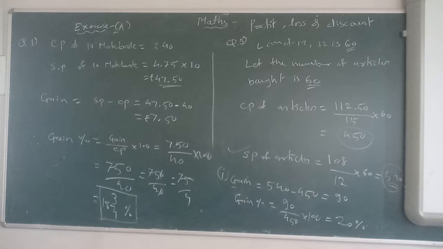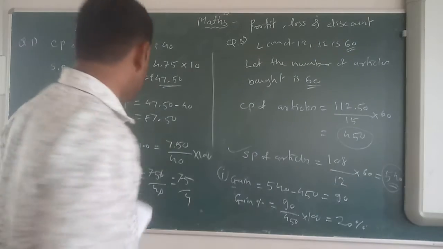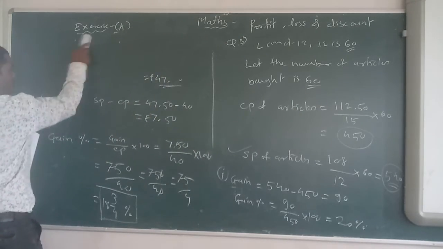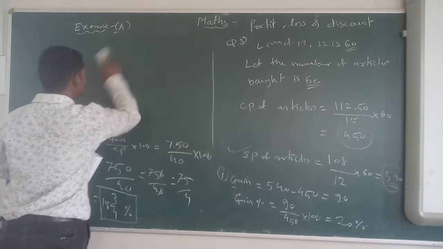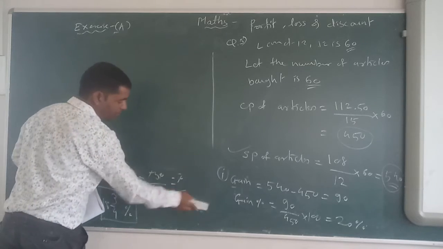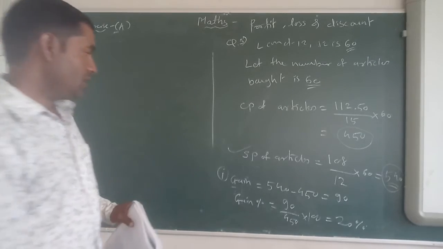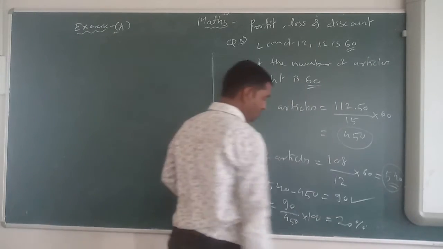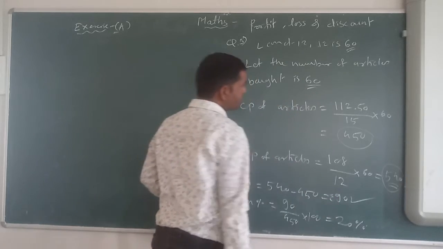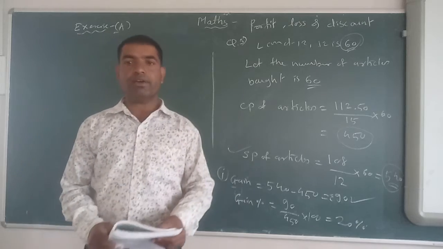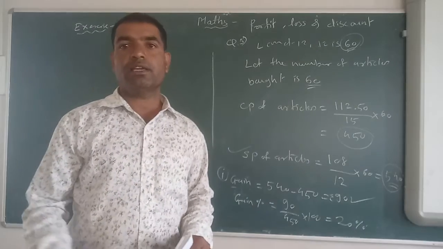What is the second part? To make a profit of ₹90, the number of articles need to be sold. मतलब 90 रुपीज प्रॉफिट लेने के लिए कितने आर्टिकल सोल्ड करने पड़ेंगे? हमें पता चला है 60 आर्टिकल. 90 रुपीज प्रॉफिट के लिए कितने आर्टिकल्स हमने सोल्ड किए? 60. ओके, 60. तो हमें 75 रुपीज प्रॉफिट करने के लिए कितने आर्टिकल सोल्ड करने पड़ेंगे?